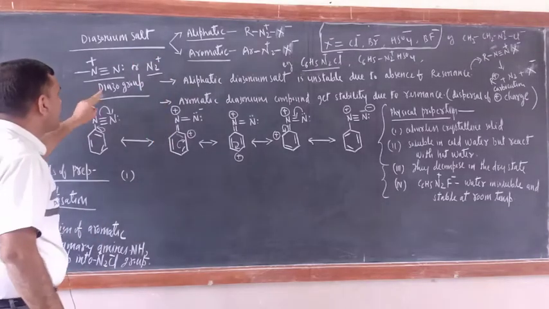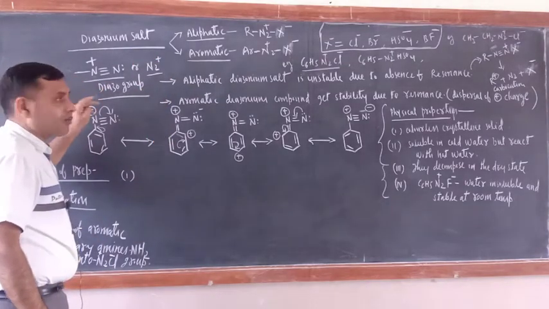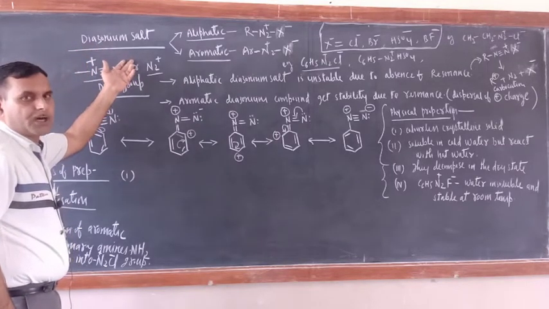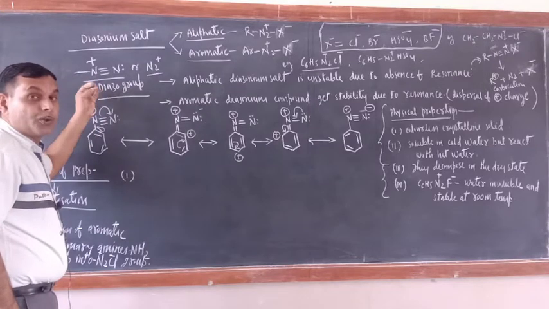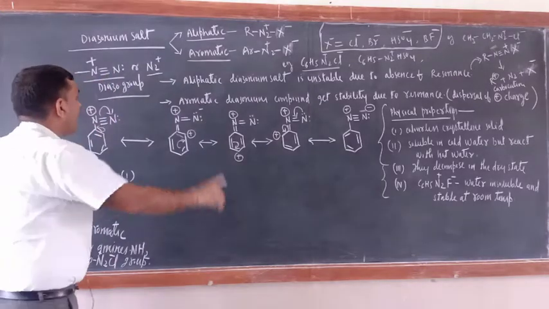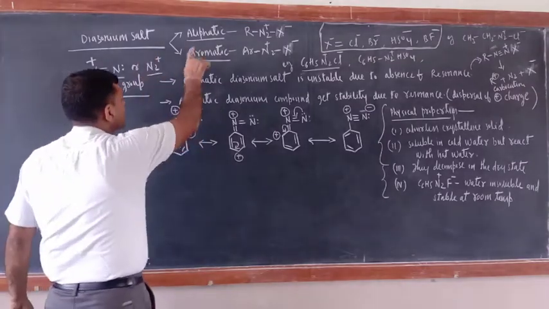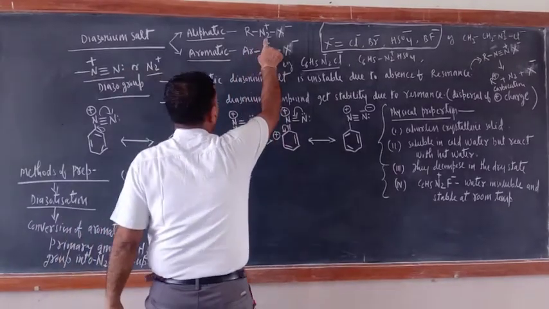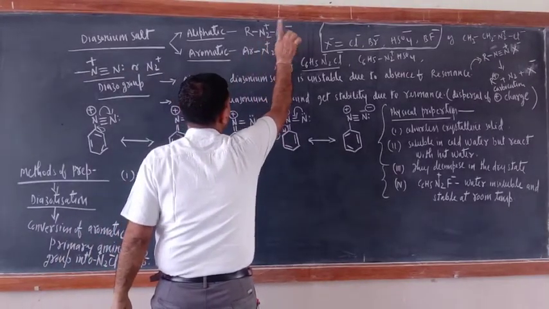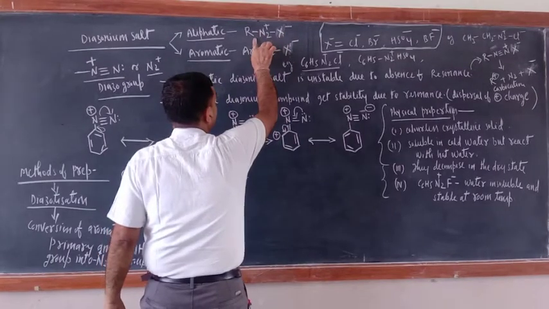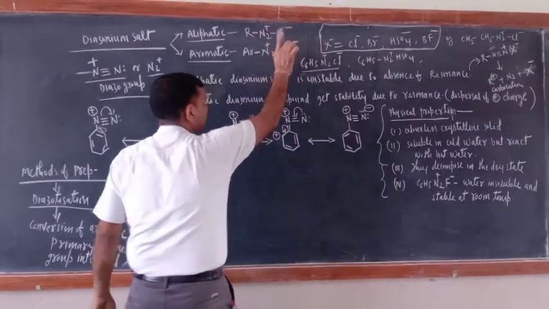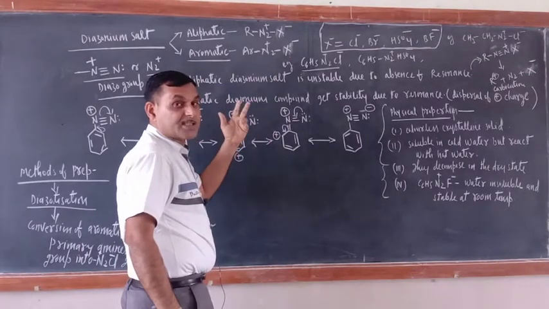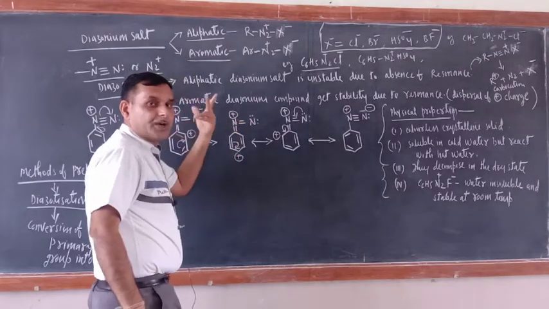This is diazo. Why diazonium? Because of the positive charge, IUM. So this is diazonium. Why salt? Now try to understand. Diazonium salt is of two types, aliphatic and aromatic. The aliphatic general formula is RN2+X-. Just see here, positive and negative signs are there. Because of the creation of positive and negative charges, they are known as salt. So, diazonium salt.